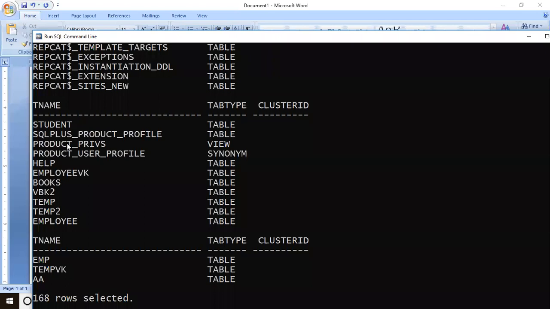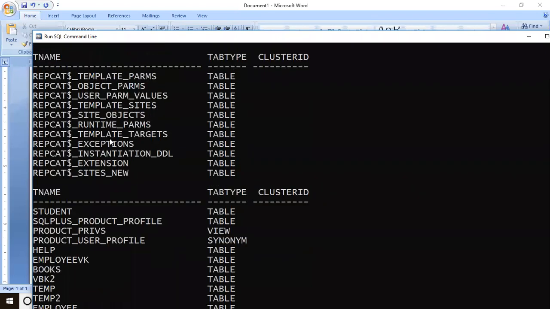See, some of these tables are user defined and some are system defined. What do we call these system defined tables? I told you one word in the first chapter we studied. What kind of data is it called?